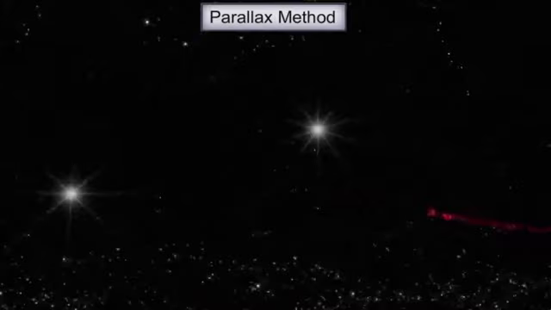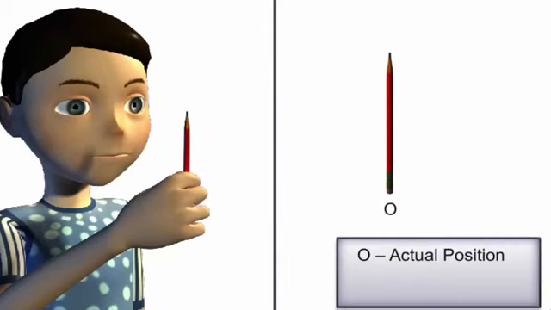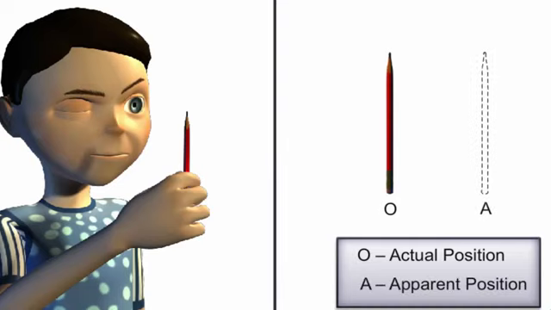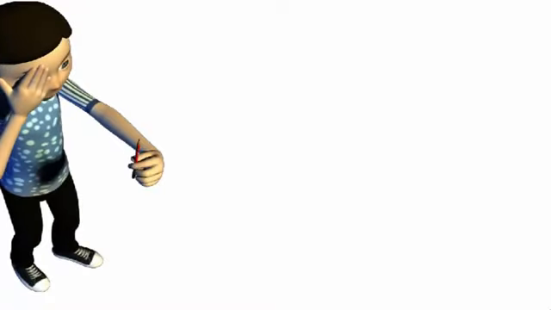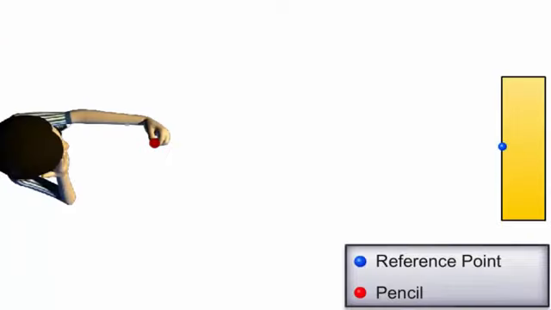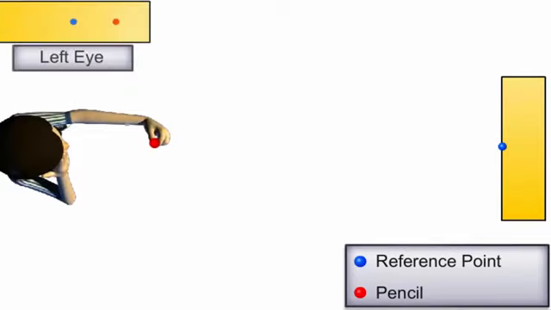To measure large distances, we employ an important method called the parallax method. What happens if you look at an object with one eye closed? Its position seems to be moved a little from the original position. If you look at a pencil held in front of your eyes against a fixed reference point on a plain wall, with your left eye closing your right eye,